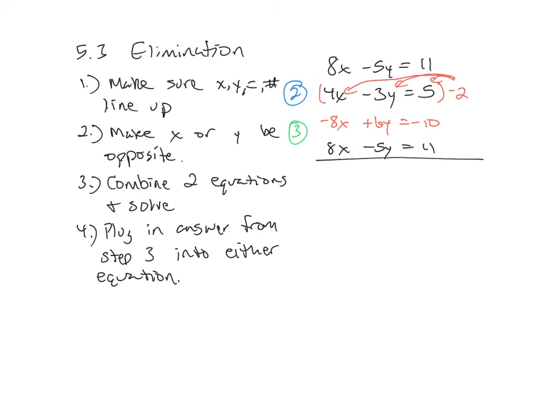-8 and +8 is 0, so I don't have anything. 6 minus 5 is 1. That's nice. -10 and +11 is a +1. Okay, so the combining and solve should be really easy. Even if, like, you got 2y over here, you just have to divide and you're done. Okay, all right, so then step 4,